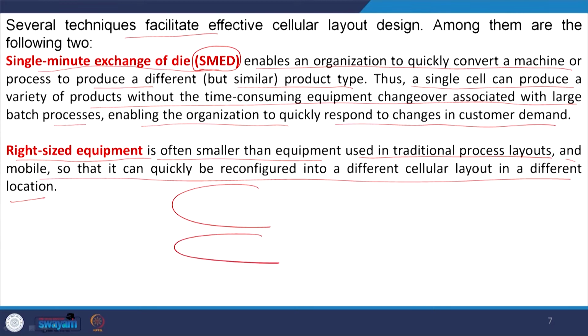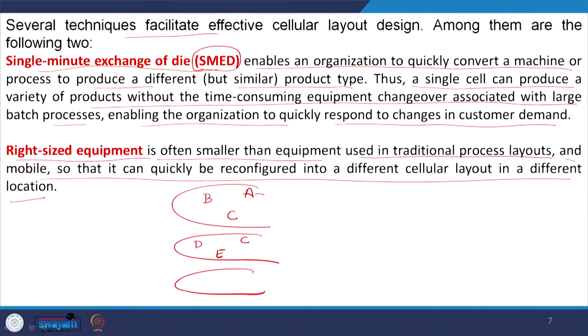Sometimes it is possible, like we discussed these 3 cells, and here we had 3 machines A, B, C, in another we had C, D, E. Because of the flexibility which you want to build into your system, we may want to shift machine A from cell 1 to cell 2. Now, when we are willing to shift machine A from cell 1 to cell 2, if the machine is not of the right size, it will not fit into cell 2, and it will create a problem.